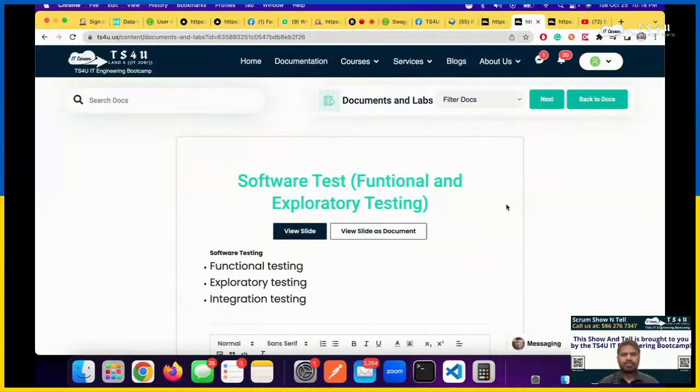I'll check Agile ALM and the TS4U, the progress where it shows.